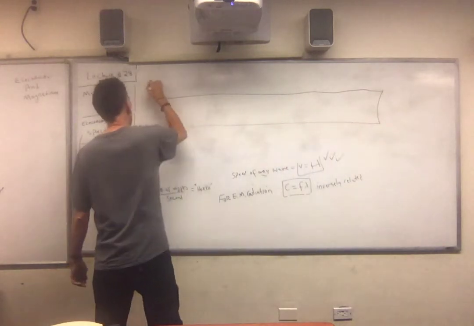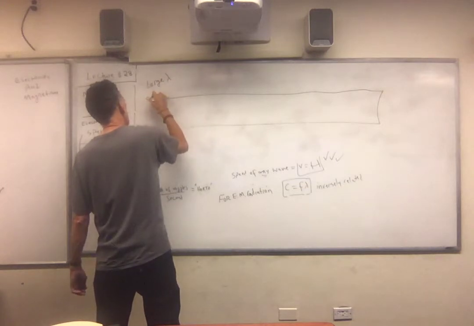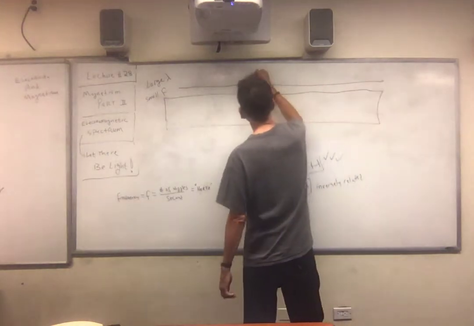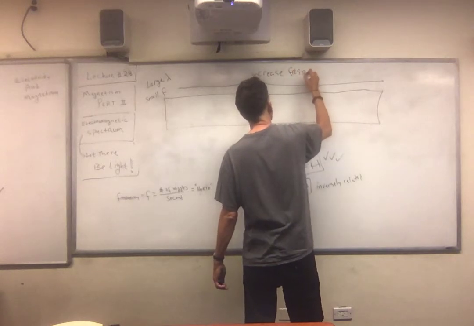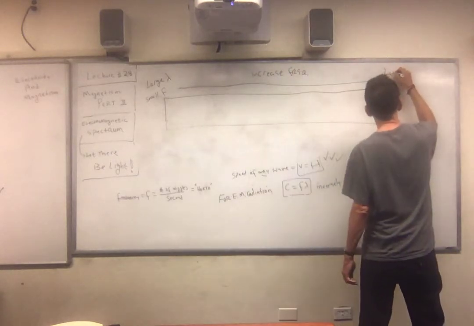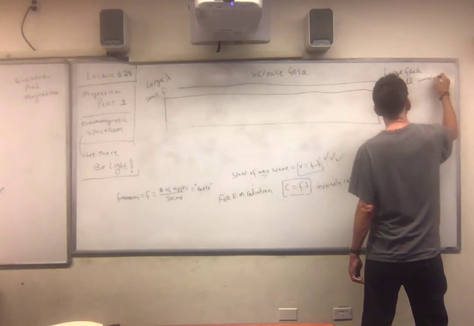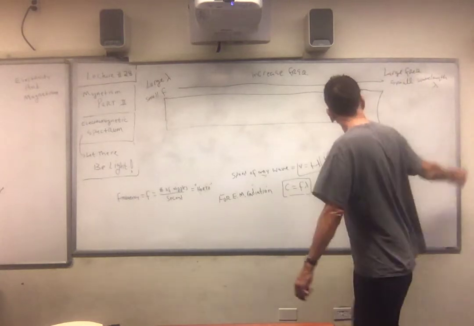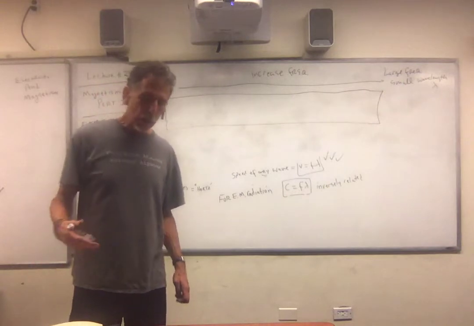And here I'm going to say large lambda, that means small frequency. Here I'm going to increase the frequency. So here I have large frequency and small wavelength. Remember, they're inversely related. Before, I wrote over here that the energy of a wave is directly proportional